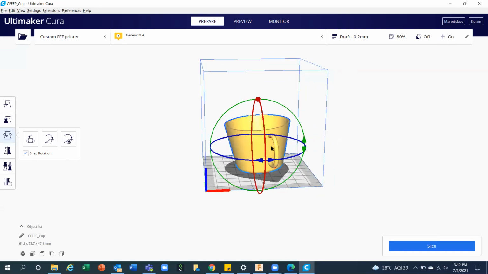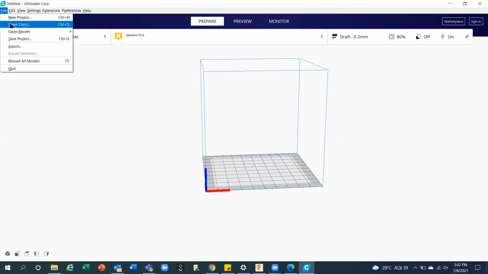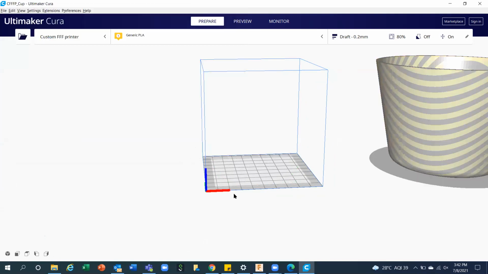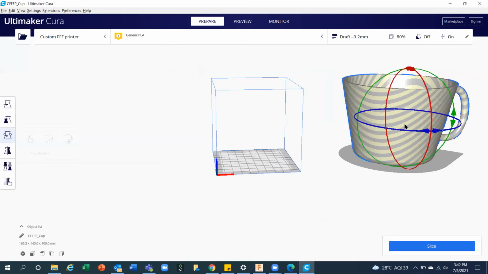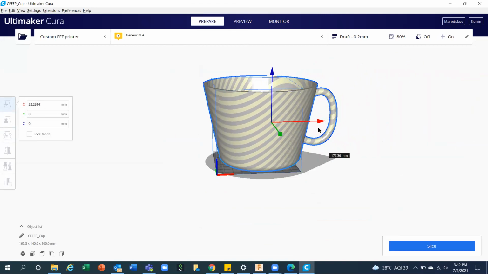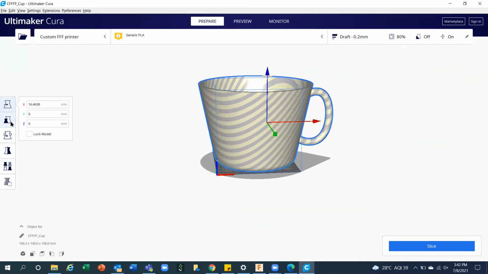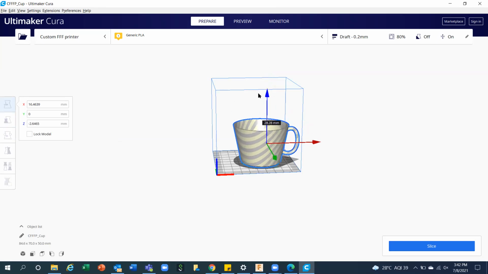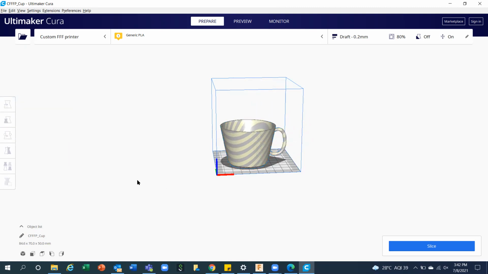It is not coming properly. Let me bring it again. Because all these settings you need to do. See, my printing area is small, so I'm going to make it 50% smaller in size. That's fine. And I can place it over here. This is the exact printing happening.